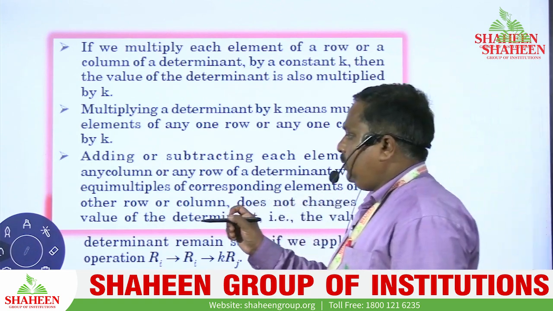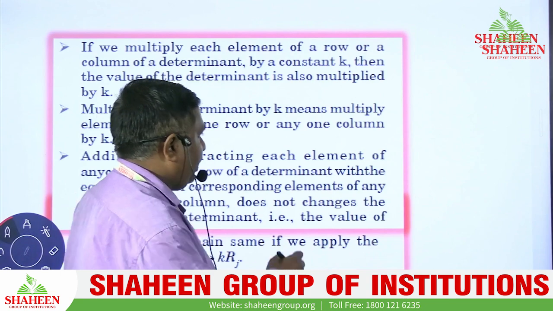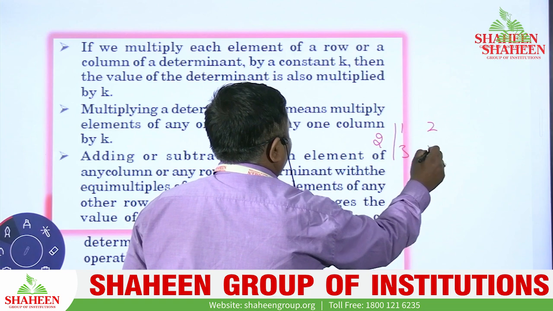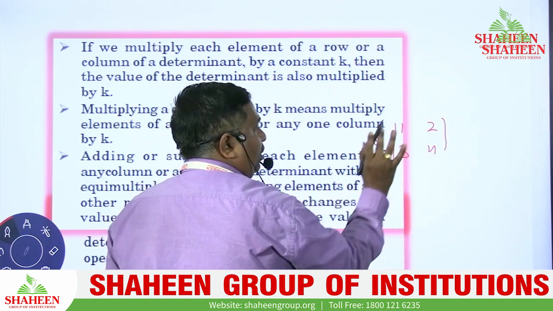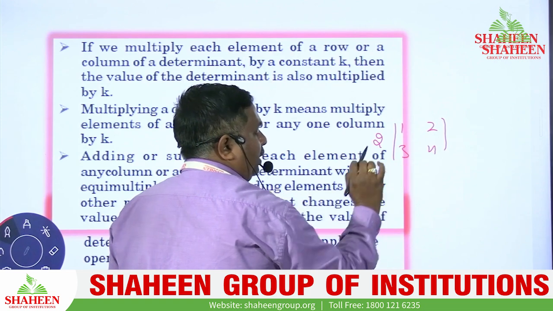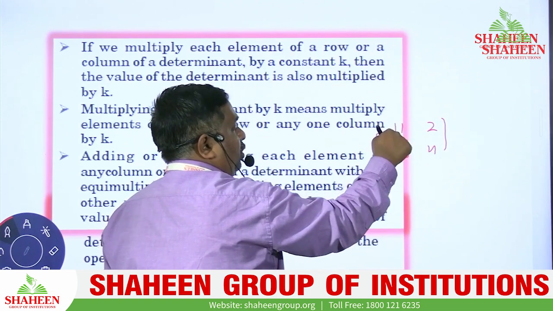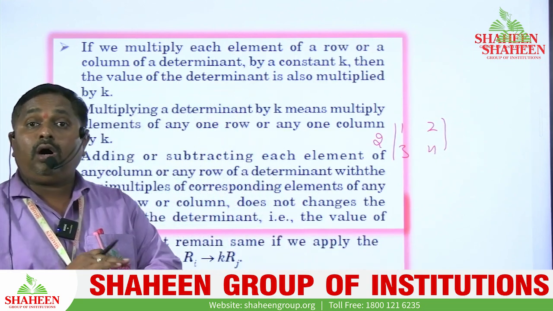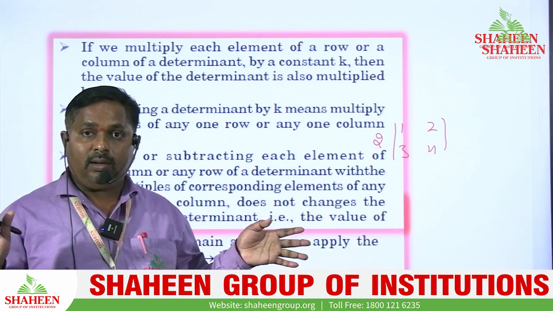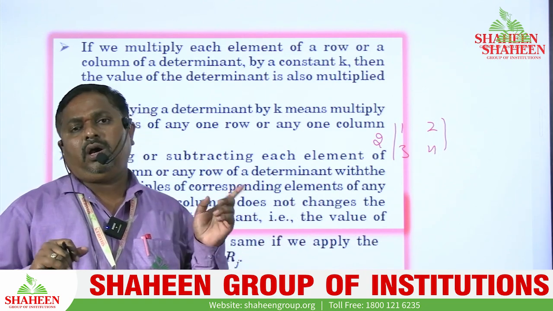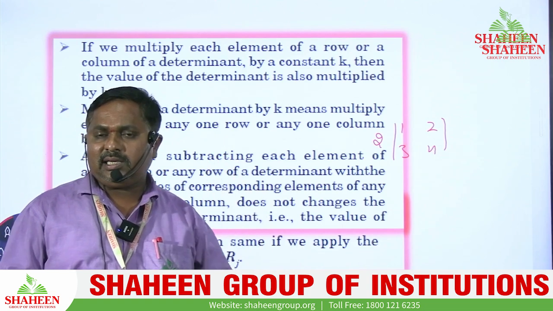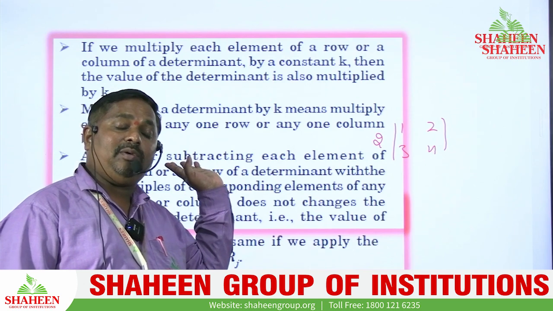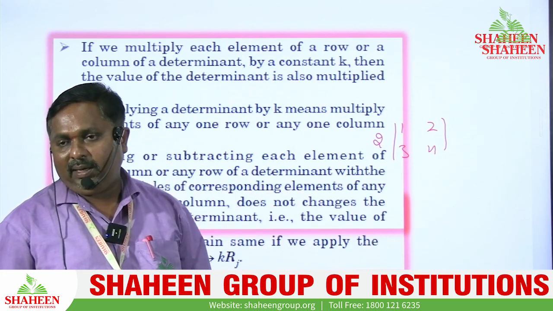फॉर एग्जांपल, ऐसा है यहाँ पे 2 इंटू डिटरमिनेंट 1 2 3 4 है, तो ये 2 फर्स्ट रो को भी मल्टीप्लाई कर सकते हैं, या 2 सेकेंड रो को मल्टीप्लाई कर सकते हैं, या 2 फर्स्ट कॉलम को मल्टीप्लाई कर सकते हैं, या 2 सेकेंड कॉलम को मल्टीप्लाई कर सकते हैं. But not all rows and not all columns of this matrix. Any one of the row or any one of the column, it is multiplied inside the determinant. अगर मल्टीप्लिकेशन में है तो कॉमन ले सकते, तो कॉमन है तो मल्टीप्लिकेशन में कॉमन ले लिए तो फिर वापस मल्टीप्लाई भी कर सकते हैं. Okay,